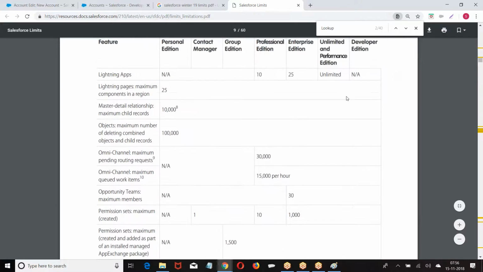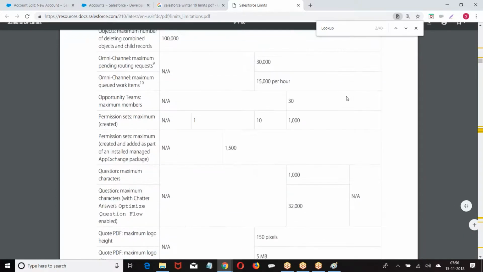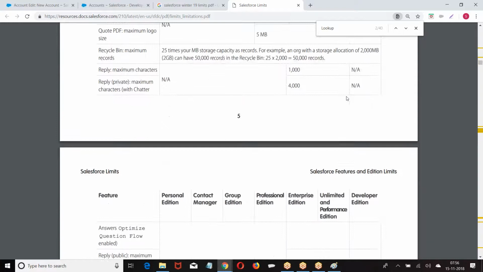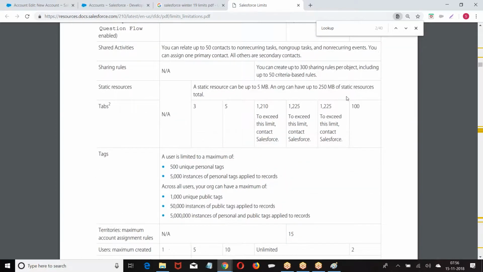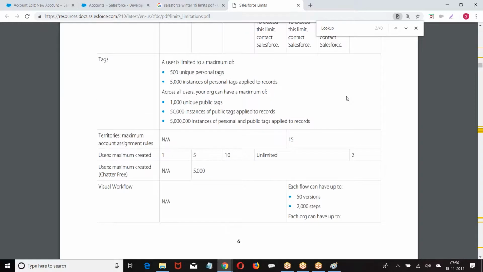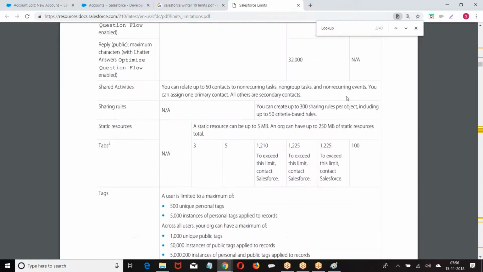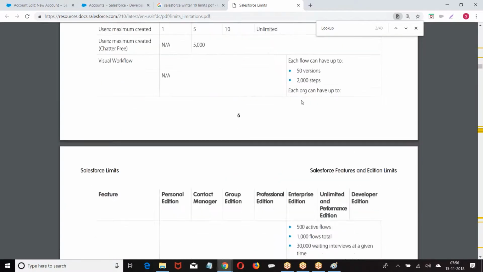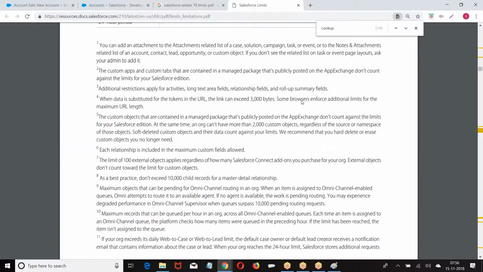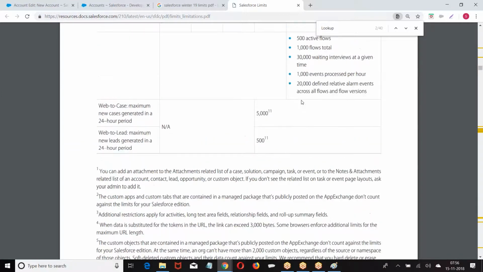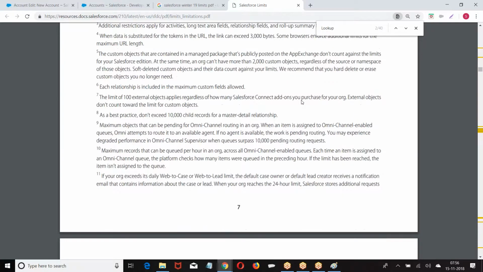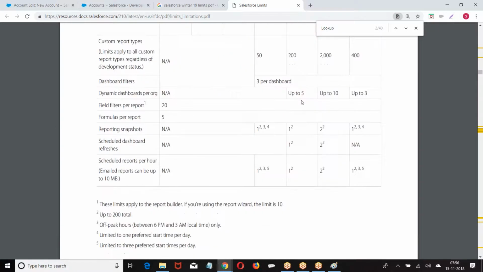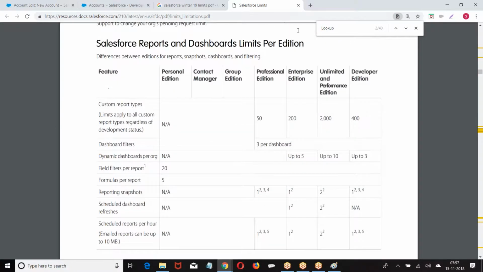So we can create 40 lookup fields altogether. Maximum 40 lookup fields. Right, okay, it's okay. Let's go back to the next one.